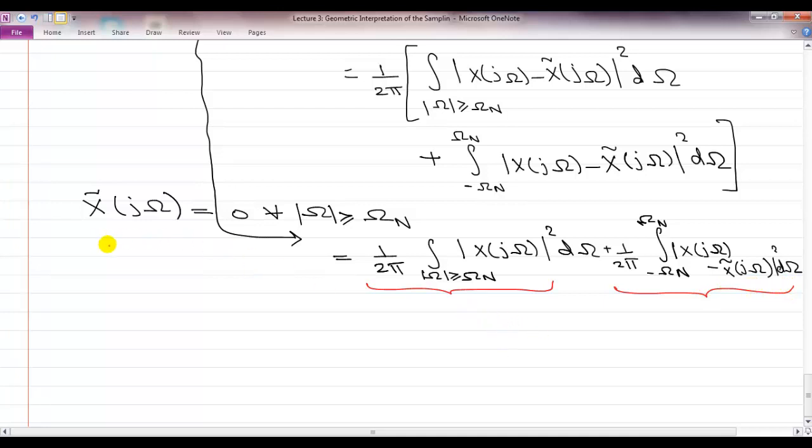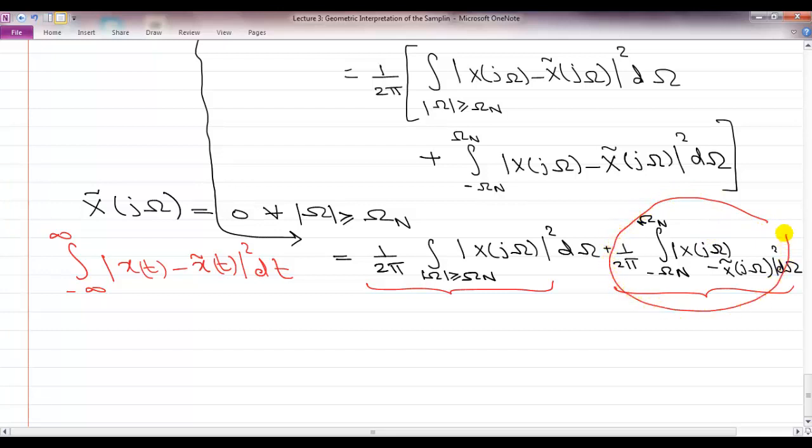So if I want my error, which was, if you remember, the integral from minus infinity to infinity of |x of t minus x tilde of t| squared dt, to be as small as possible, I must make this second term as small as possible. What's the smallest that I can make this term? I can actually make this 0